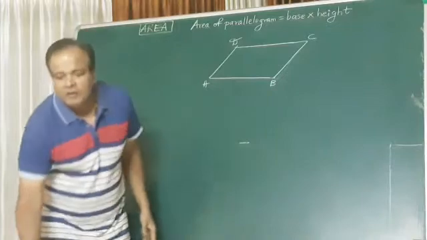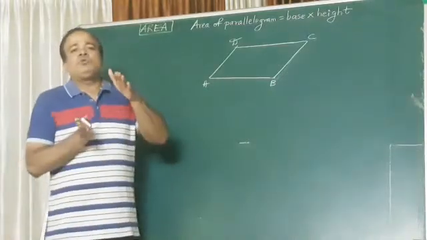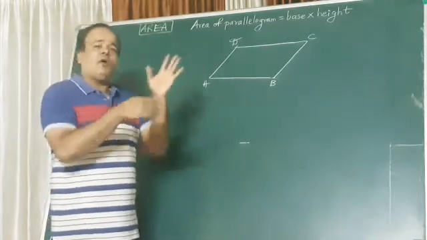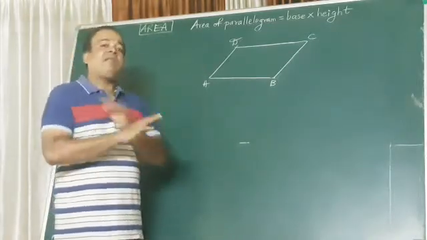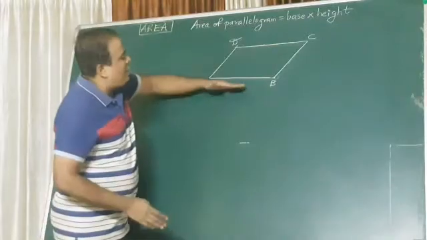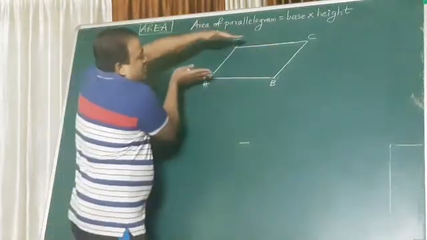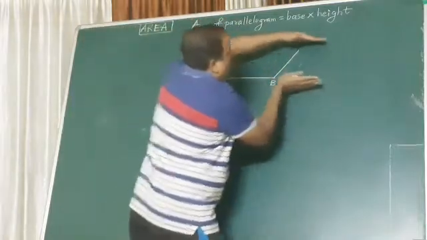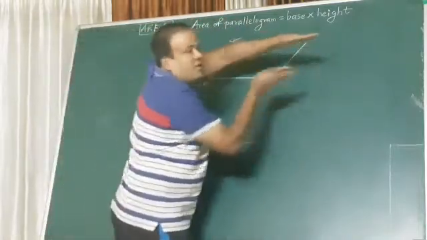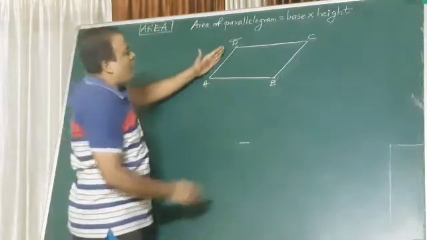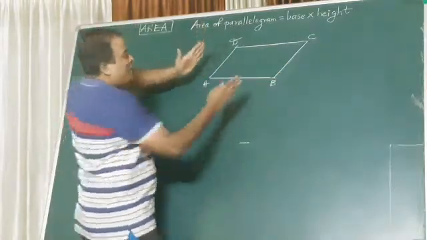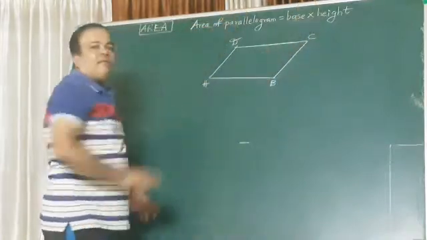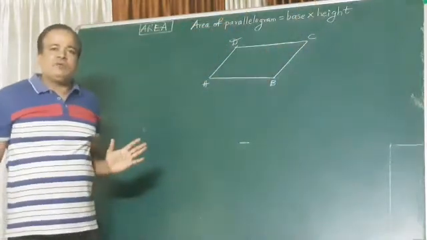You know what is parallel? Parallel means two sides which never meet. Even if you extend both sides, they will never meet. For example, when I say AB and DC are parallel, can you see, will they ever meet? No, they will never meet. Even if you go forwards or backwards, they will never meet. So also, what about AD and BC? Will they meet? No, they will never meet. Even if you go upwards or downwards, they will never meet. Understood what is parallel?